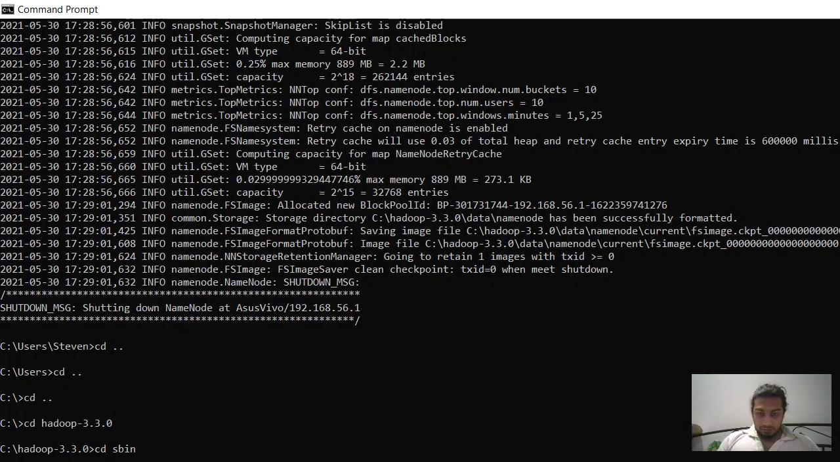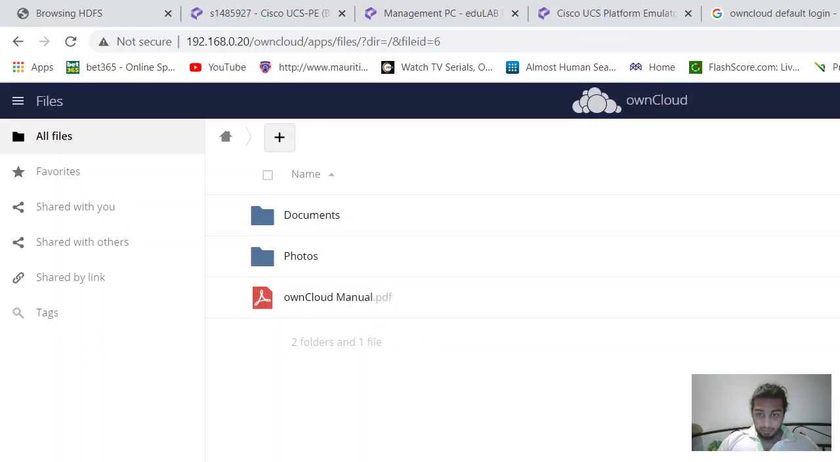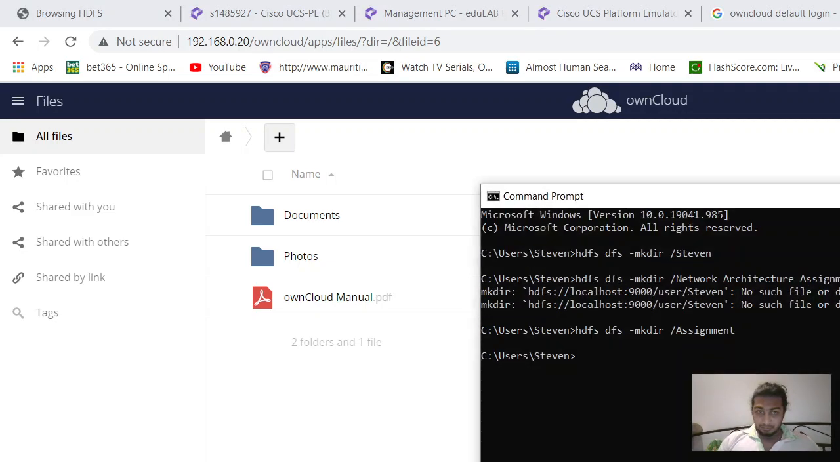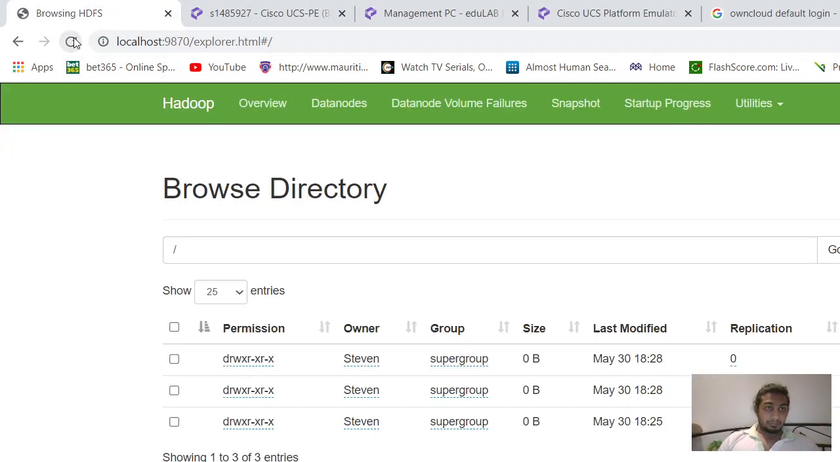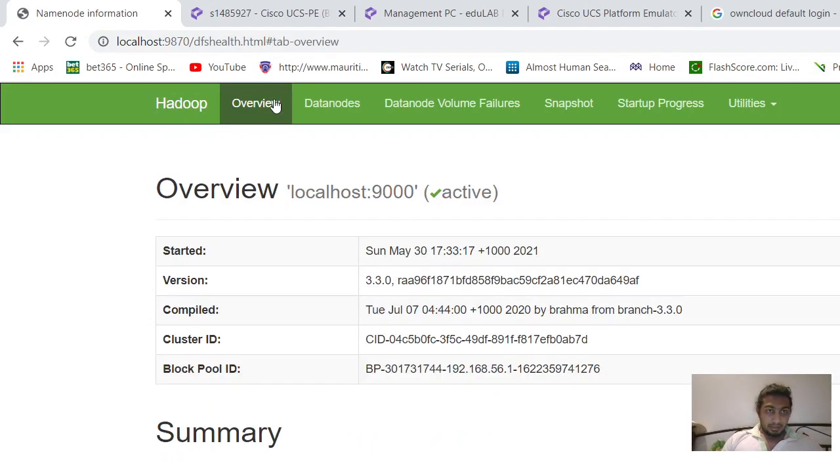I also did here, the command prompt. I created several folders on the Hadoop distributed file system, which I'm going to show you. And so this is the URL with the port number 9870. This is an overview of the Apache Hadoop,